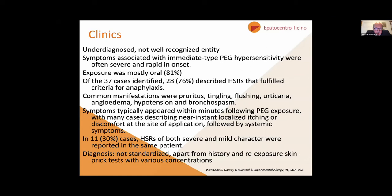It is probably underdiagnosed because very often it's not the first thing that people think about when they see maybe an unclear skin rash or another type of hypersensitivity reaction. They look for the more classical causes. The symptoms that are associated in the immediate type PEG hypersensitivity can often be severe, and they are within rapid onset. The exposure in the cases that were so far published as of 2016 was mostly oral, so they had